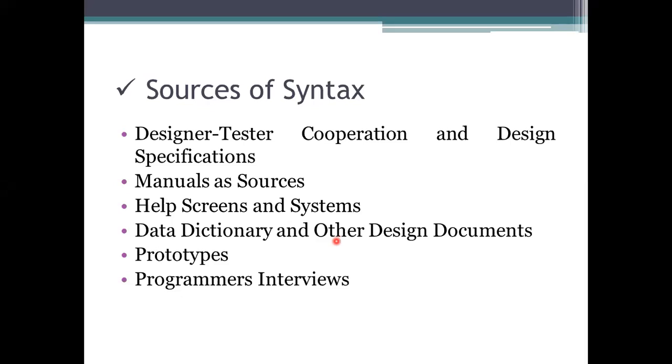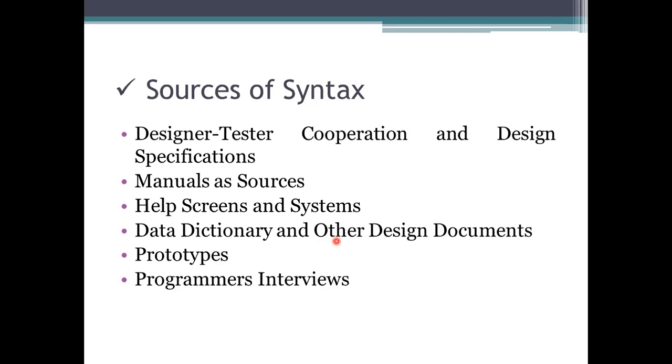Coming to the next one, manuals as sources. Manuals means the instruction manuals, reference manuals or any other manuals provided by previous historical sources to get the data. If you want to get the data of this process, we should have the information about the previous one also. This manual will help us handle this data. It consists of the data, but it won't force us to use that data only. It provides guidelines for that processing.